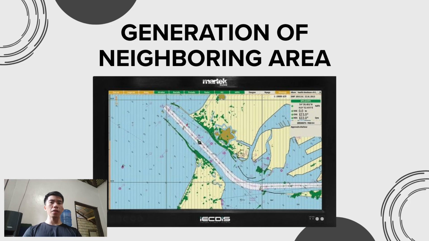Another requirement is the ability of ECDIS to generate and display the neighboring area. As you can see, here is an example of the image. This means that the system should automatically load adjoining ENCs when the vessel approaches the edge of the chart, giving a continuous picture of the ship's surroundings. Here's the vessel at the center part. It should picture the ship's surroundings. And it must maintain smooth update speed even when additional chart data or overlays are displayed.